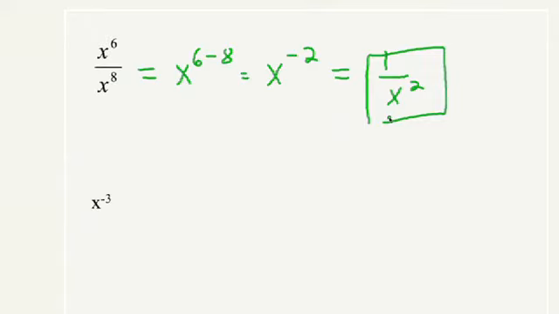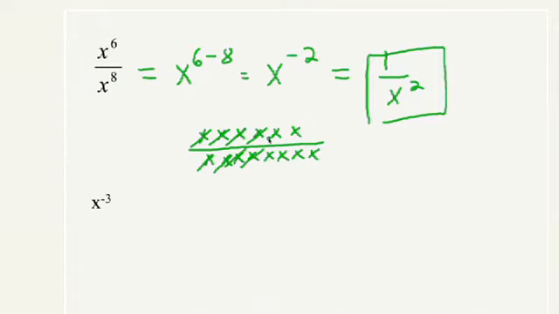You know, Bill, another way of looking at this, if they just wrote out 6 x's in the top, if you want to go ahead and do that, write out 6 x's in the top, and then 8 x's in the bottom. Trust us, this is not rocket science. If it was, we wouldn't be here either. Notice if you just cancel all the x's you can, you'll see that the 2 leftover x's are indeed in the bottom. This is a good way to check your answer if you're not sure whether the final answer ends up in the top or the bottom. And I agree with Jerry. I usually show this to my students as well.